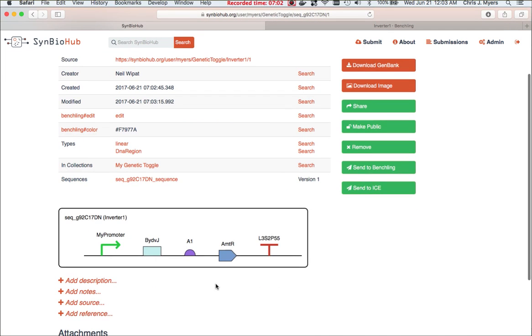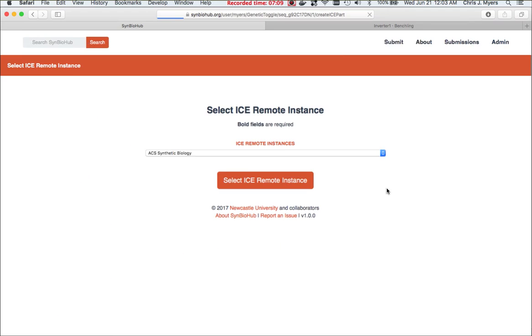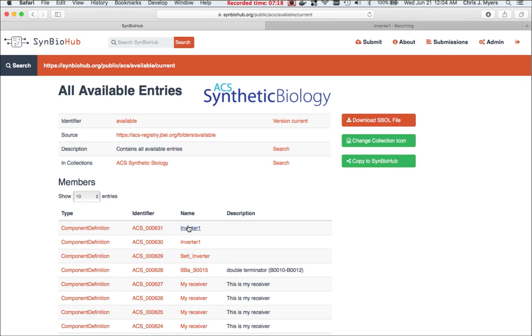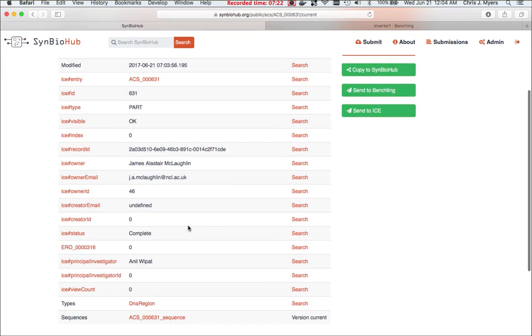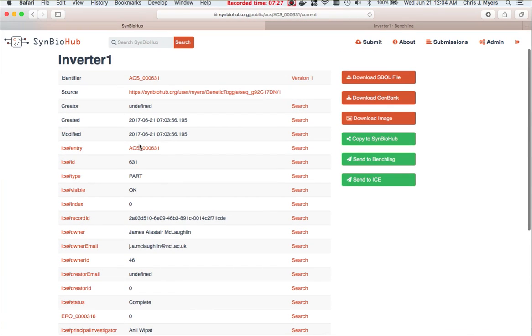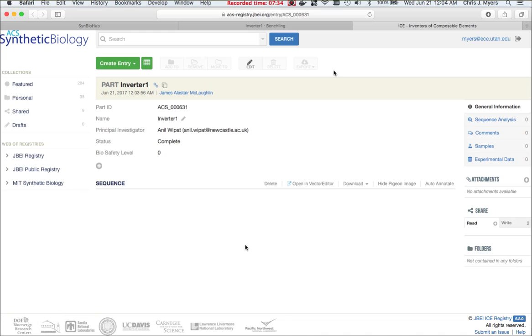Now at this point, perhaps I've actually constructed this in the lab, and I want to keep track of the plasmid I've constructed, and I can use the ICE registry for that. Select Send to ICE, select an ICE instance, send it there. Now it's copying it into the ICE registry. And so here is the genetic inverter within ICE, on the ACS Synthetic Biology ICE. So here it is there, and if you come select there, you can open it up within the ICE instance, and you can view it